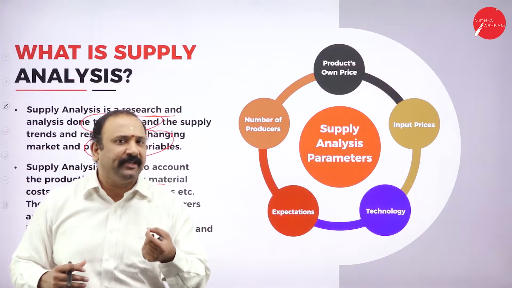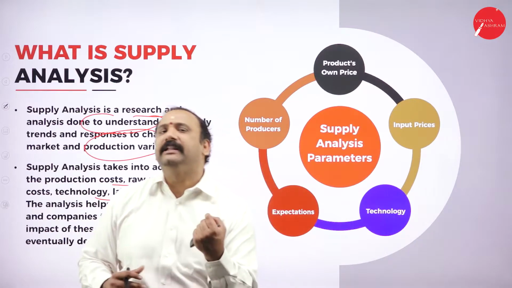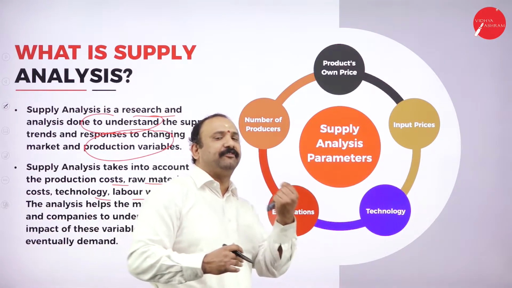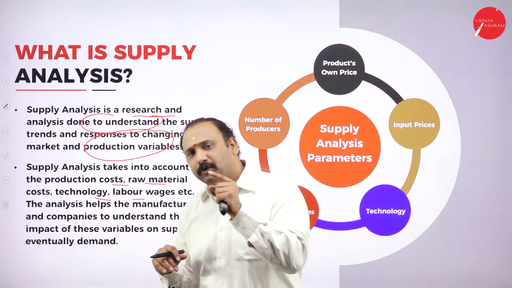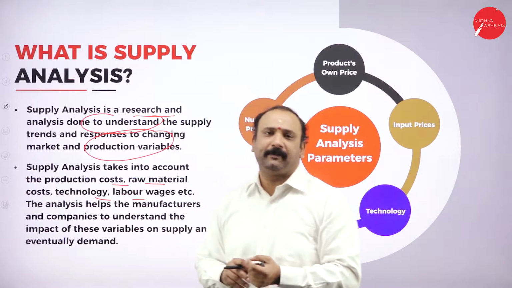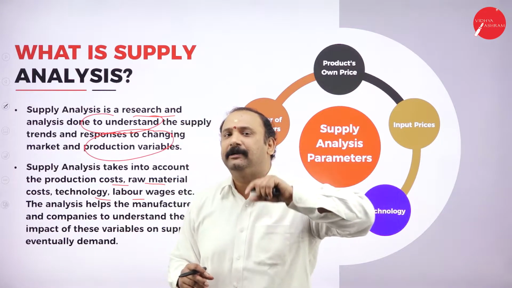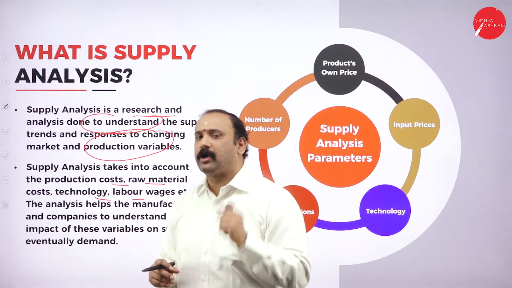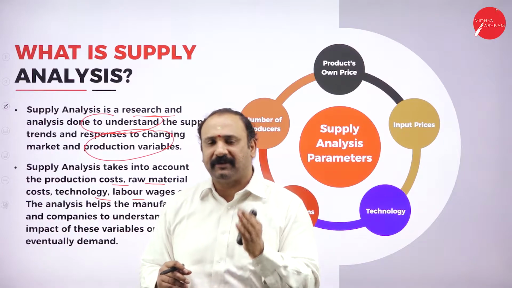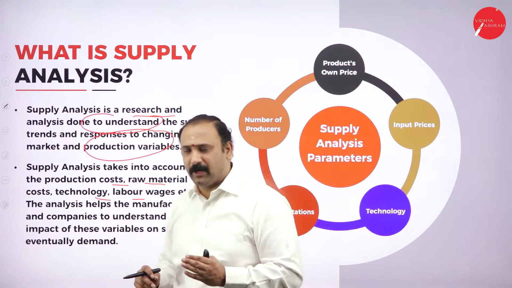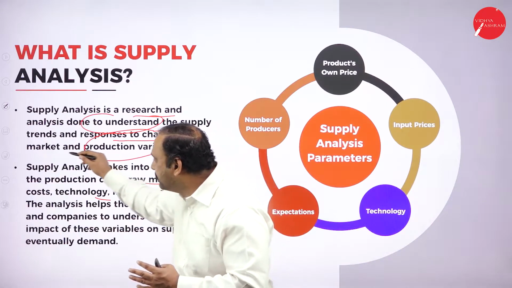Why? Because today we are harnessing the manufacturing capacity. We have become leaders in different angles, in different methods altogether. So what we want to do is see the higher end of the supply chain. We want to reach that position where we are able to supply the world with what it needs. So supply is a direct factor of revenue that we are talking about. That's why, when you look here, the responses to the changing market.